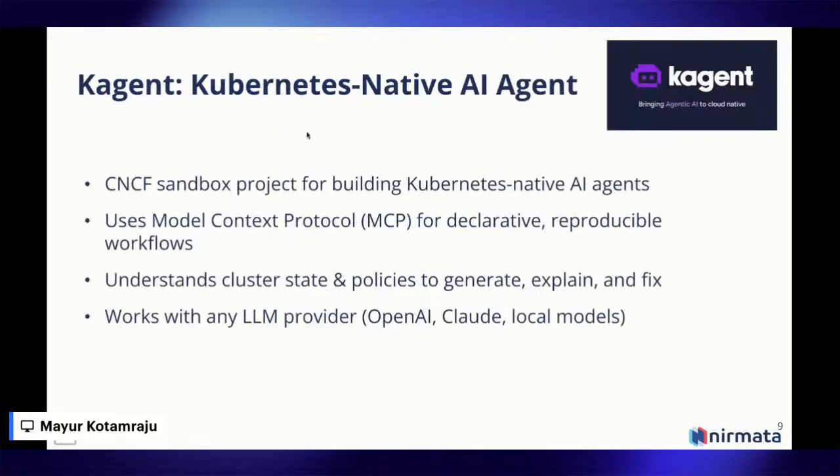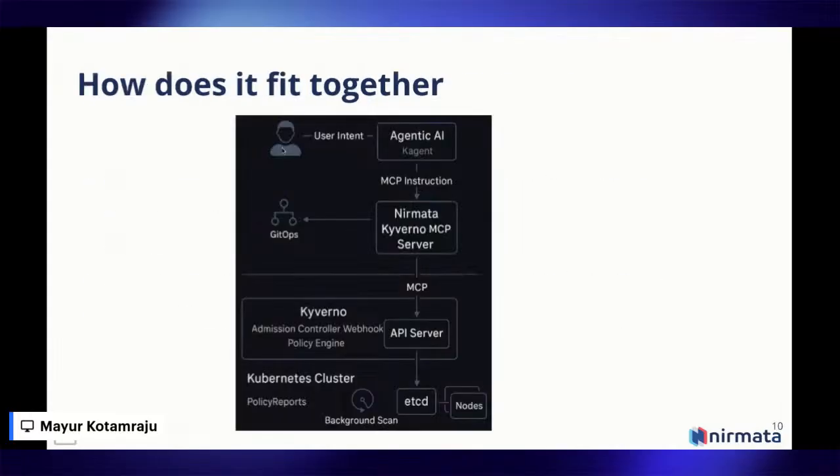So everything starts with the user intent. For example, here my intent could be: ensure all signed images from trusted registries are used. This intent is passed to the agentic AI, in this case Kagent, with very specific agent instructions, which we'll go through as well. This layer intercepts the right tools and calls the appropriate MCP tool. And this way it is declarative, structured, and reproducible. And it's also version controlled, right?